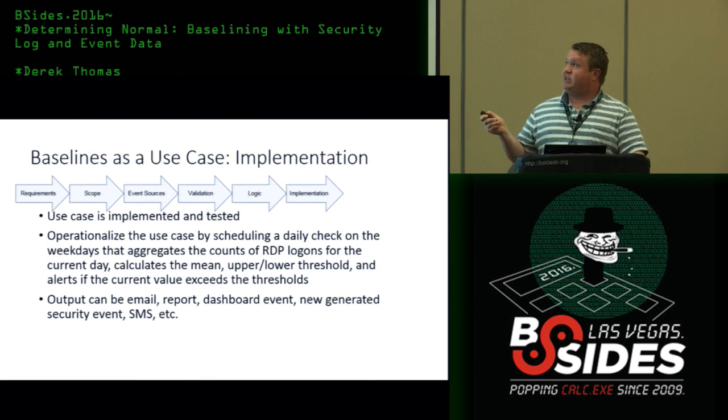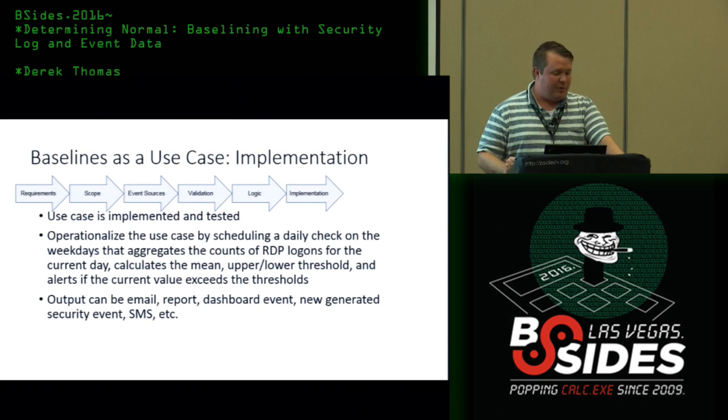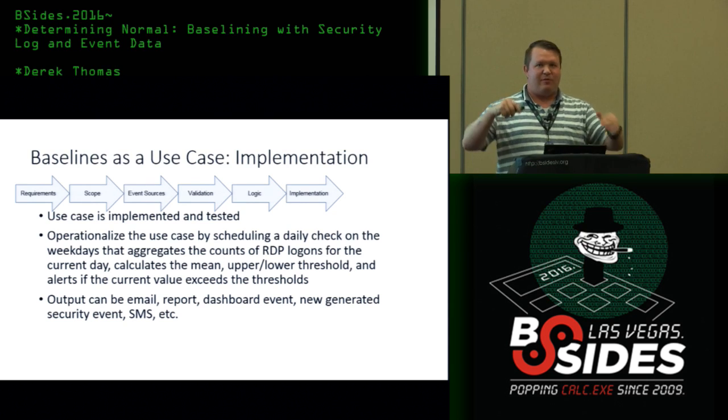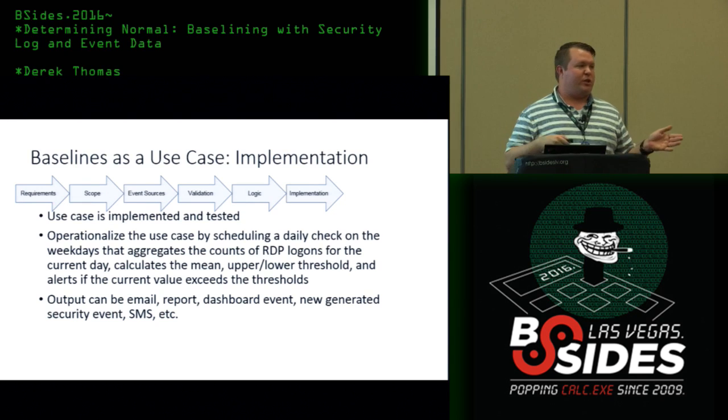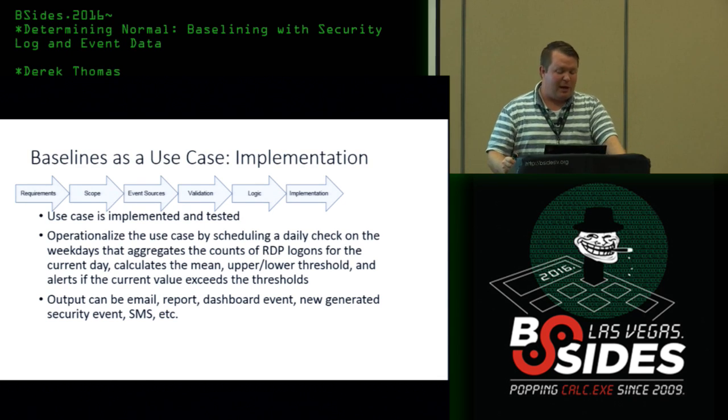So we're going to talk about the implementation and testing. This is where you actually implement the use case, you create the thresholds needed, and you define the output. The outputs can really be an email. You're probably all familiar with email alerts, reports. It could be a dashboard event. Maybe you have a running tally on your dashboard. Could be just a newly generated security event to be used with another rule. So maybe you have rules in place for, if so much weird activity happens for a specific user, we're going to trip a bigger offense. And there's probably others that I'm not thinking of, but I think you get the idea there.